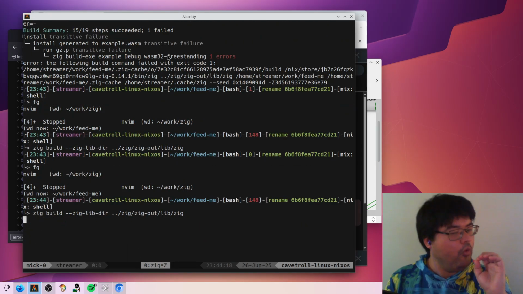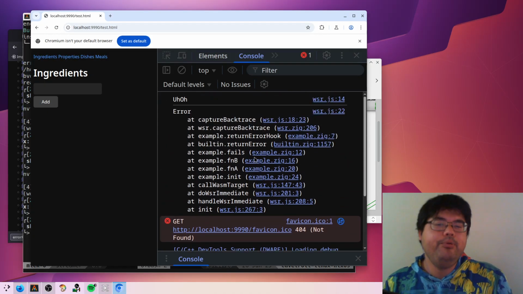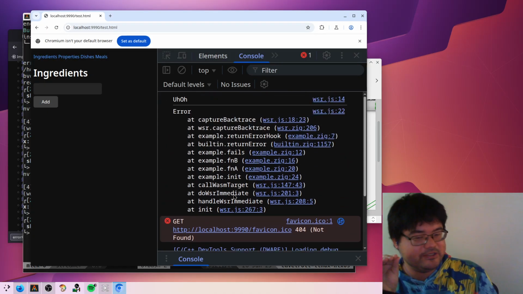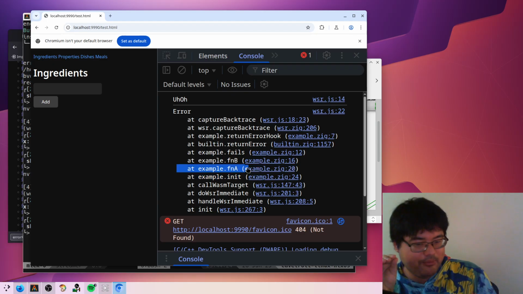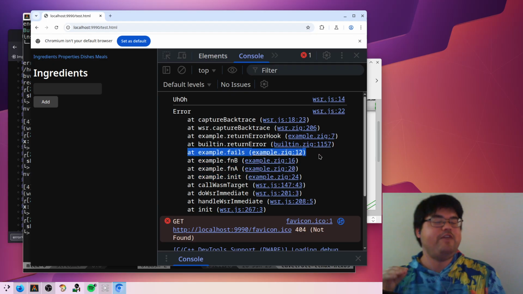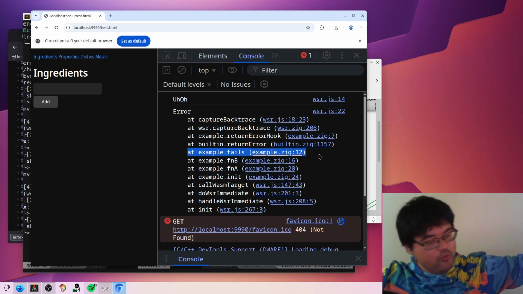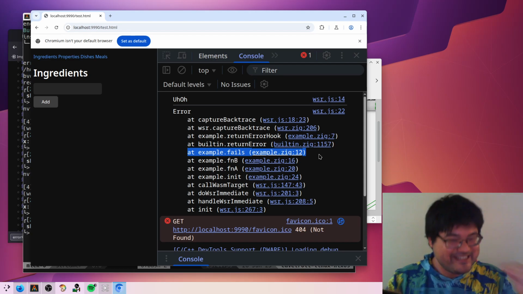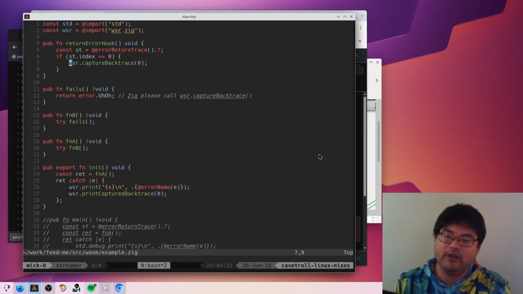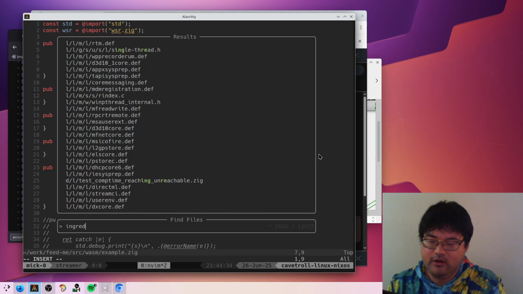Look at this wonderful, beautiful backtrace. Look at this. We have example init, example function A, example function B, fails. It's sick, man. It's sick. And so if we actually go back to our original test case here, ingredients,